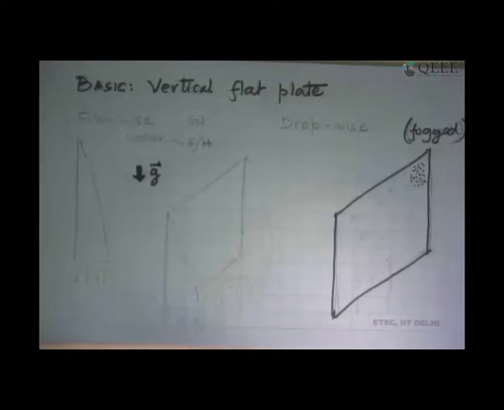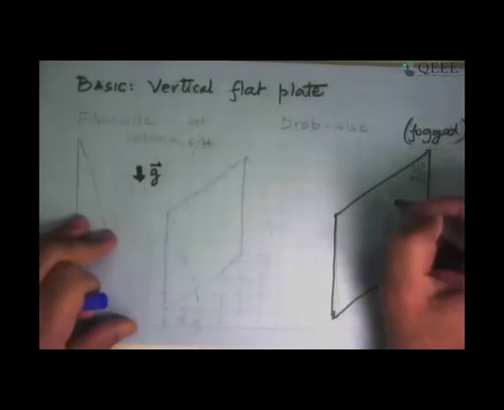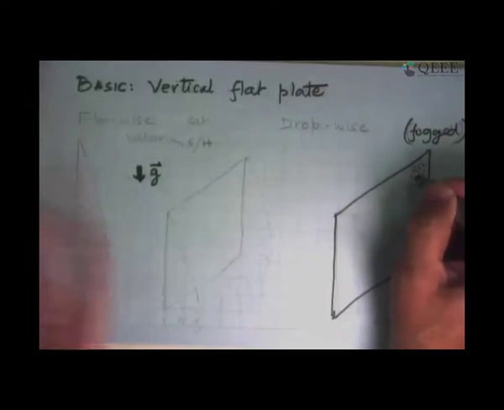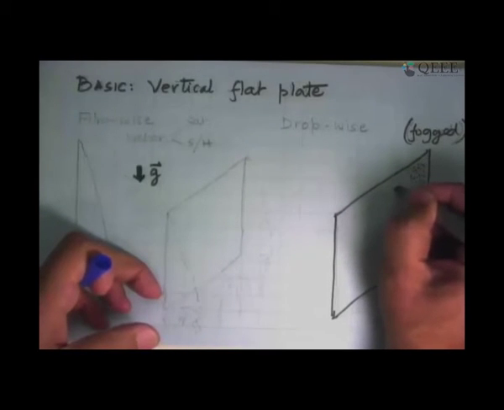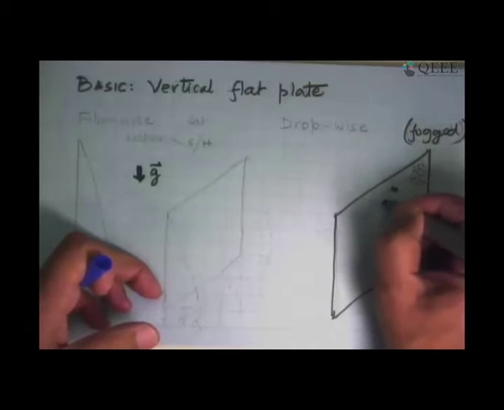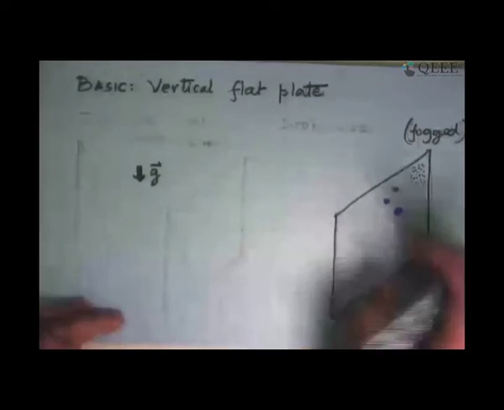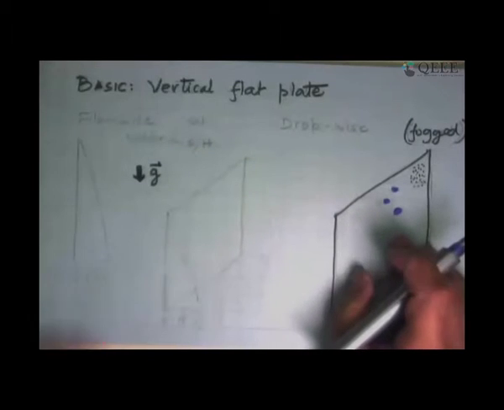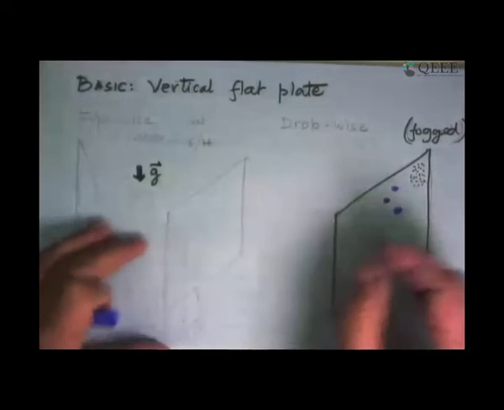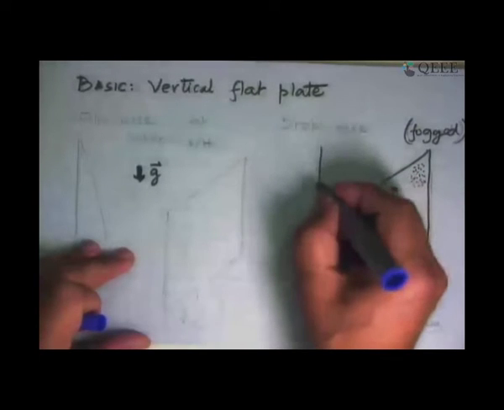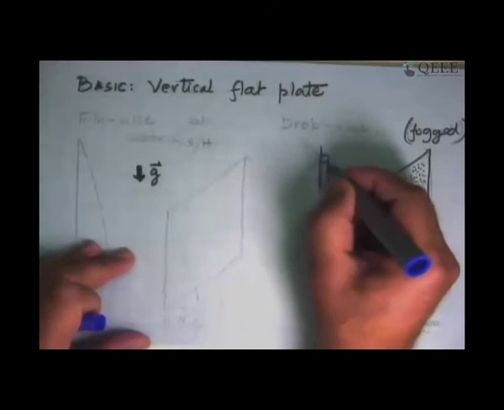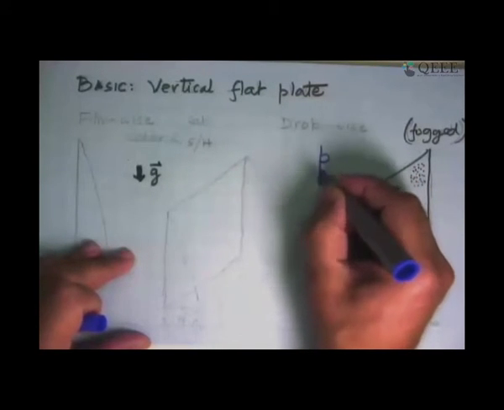But if there's more and more vapor coming in and more condensation taking place, these things will start joining up. More and more moisture will join up there, and this drop will start getting bigger and bigger. With time, they will get bigger. When you look normal to the plate, they will look like circular drops. When you look at the side view in the cross section, they could have different shapes. It could be like this, could be like this.